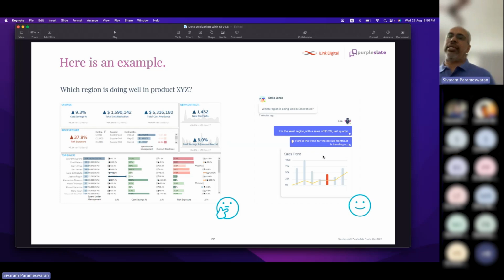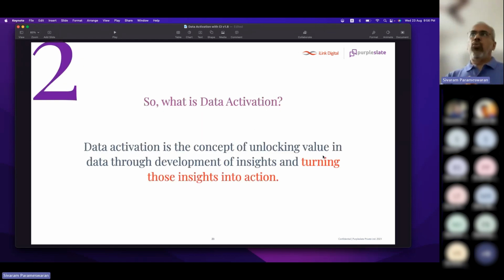Or rather, why can't I just ask someone, just like the examples I showed you? Why can't we just ask that question, very extremely pointed questions, and for it to respond back. So that was a quick summary or an example, in terms of conversational AI, before I jump into data activation. And then the third step, I'll show an example of how we combine these two technologies, conversational AI as well as data activation, to solve a few business problems. I'll give quite a bit of examples as well.